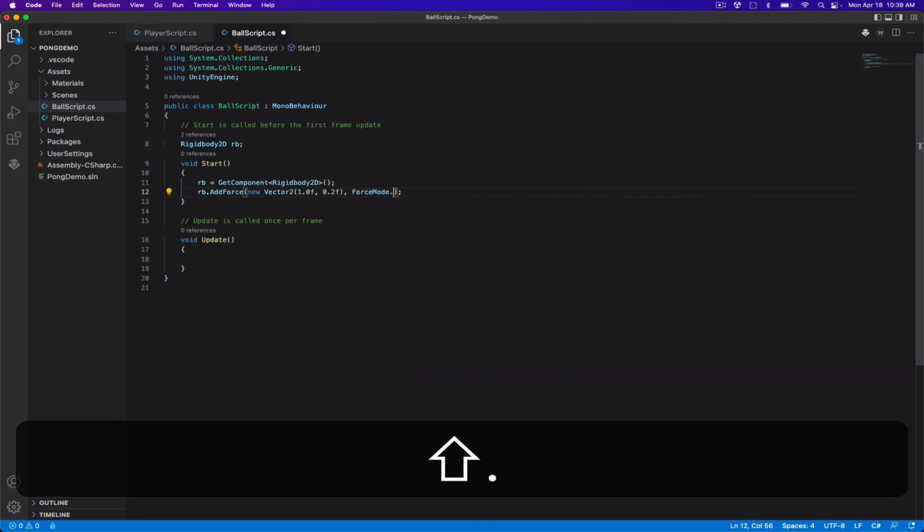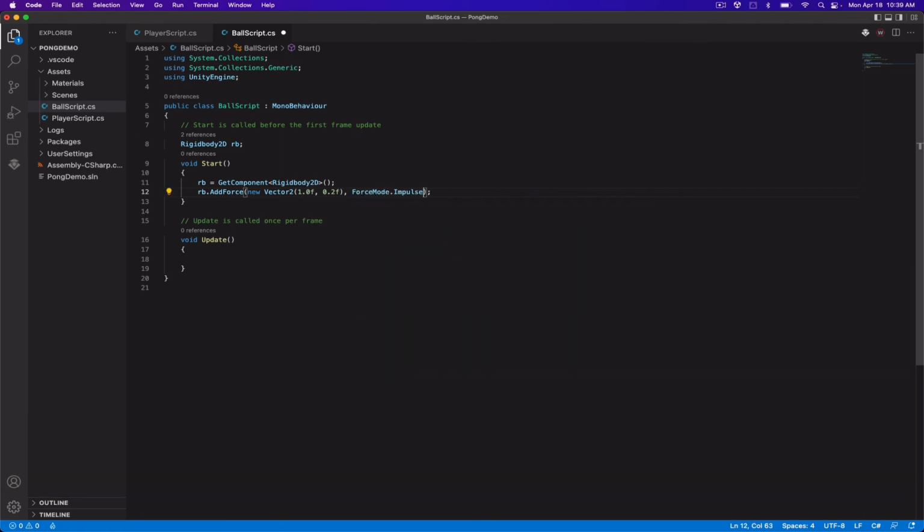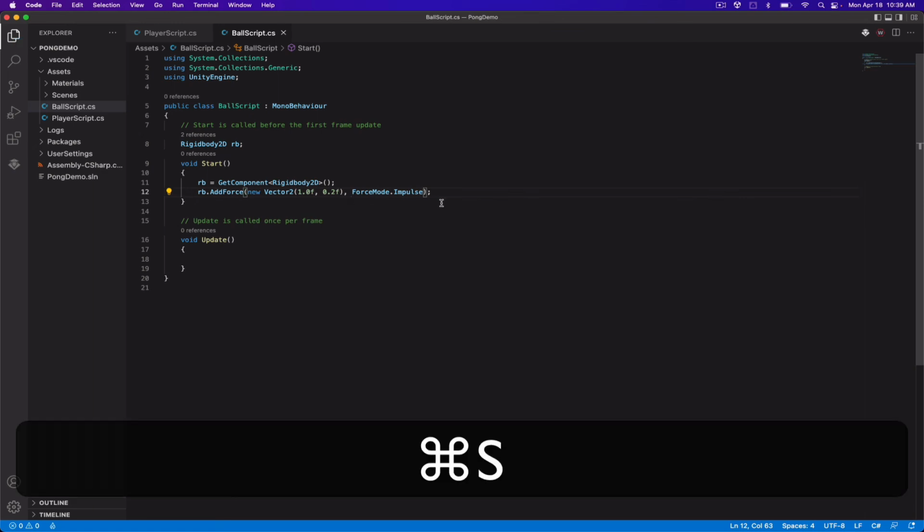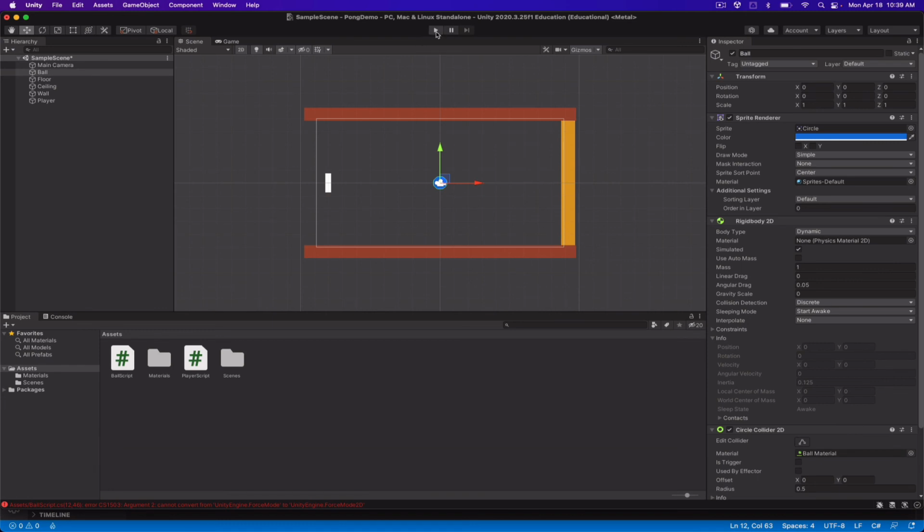ForceMode.Impulse. The alternative does it. So impulse adds it all at once, and the alternative spreads it out across frames. So if we do this, we should get quite a bit better. Get an actual result. Oh,